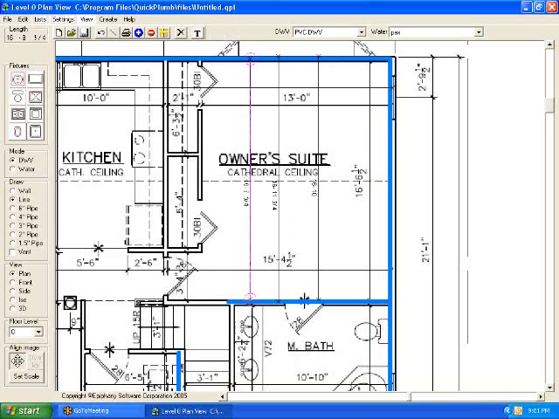So you can change where those dimension lines lock in, because some plans refer you to the middle of the wall, some refer you to the top, some to the bottom. You just have to look on the plan, see what dimension you need, and make sure it matches your actual